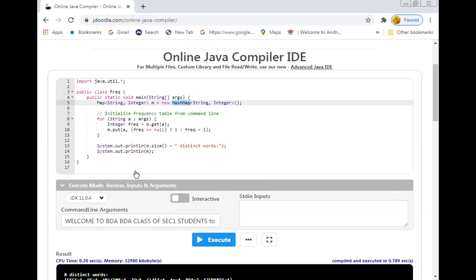From that, it reads the first element, that means first it reads welcome. Integer frequency equals, so what is the value that is going to be assigned? m.get(a). What is m? It is a map. Right? What is the functionality of get? Get key. Once again, I will show you.